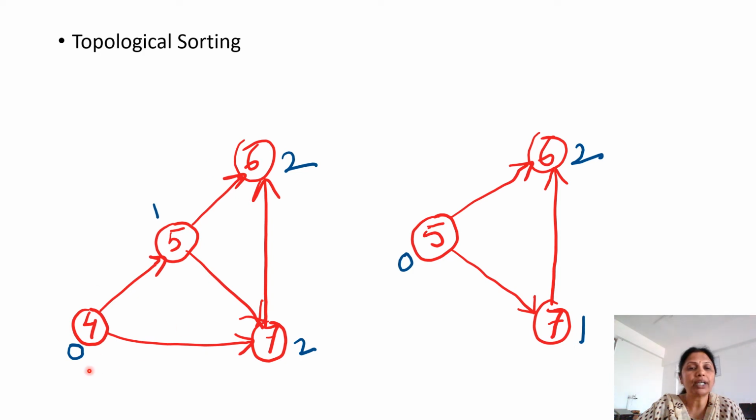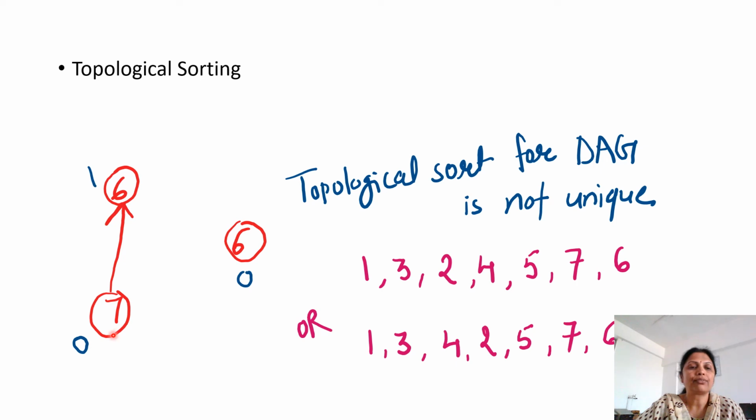Again you have to identify the in degree of vertex 4. Here it is 0, then you have to remove vertex 4 as well as the edges 4 to 5 and 4 to 7. After removing this we will get this graph. Again identify the in degree. Here in degree of 5 is 0, then remove vertex 5 and the edges from 5 to 6 and 5 to 7. Then we will get this graph, and then vertex 7 again has in degree 0,